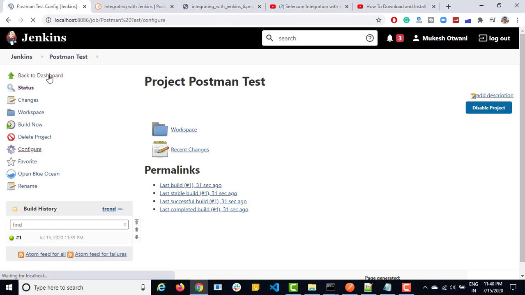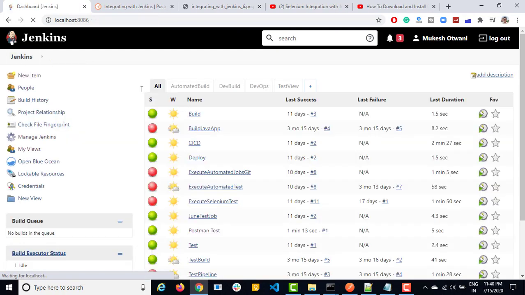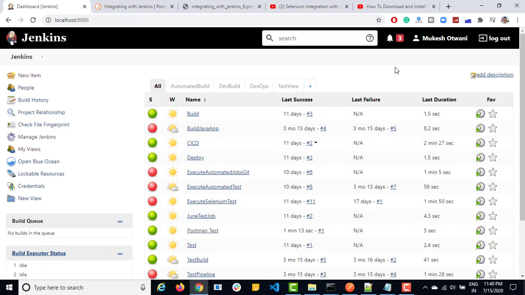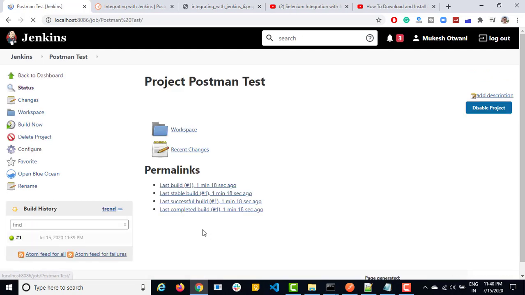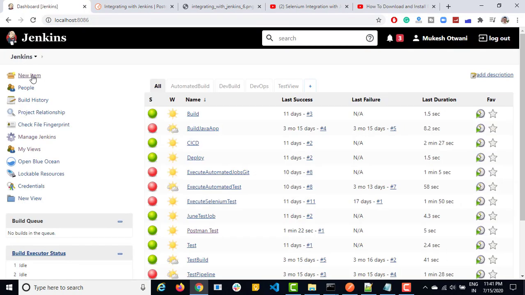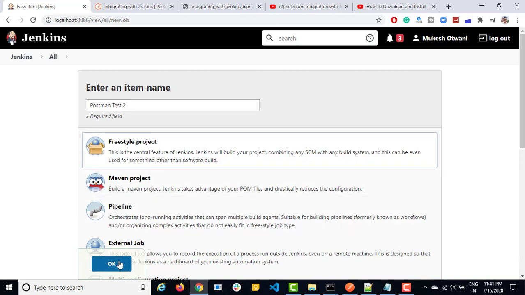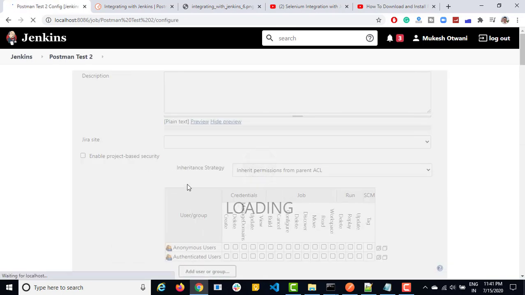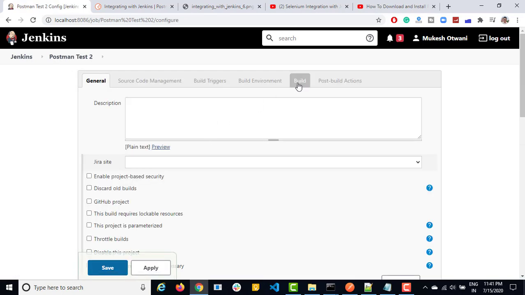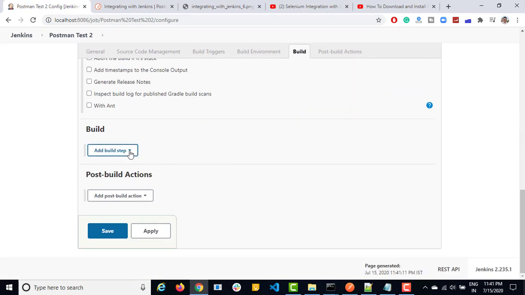Okay, so let me create one more. Just now we created Postman test, which is this. And now let me create one more. I will go back to Jenkins, say Postman test 2, freestyle project, click on OK and come back to the build section, add build step.